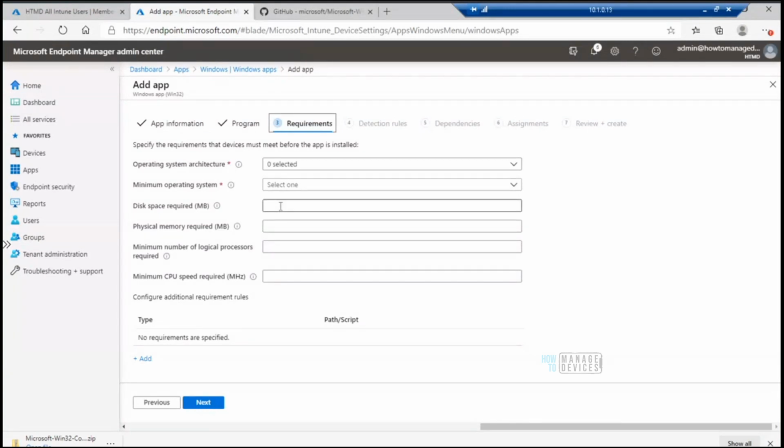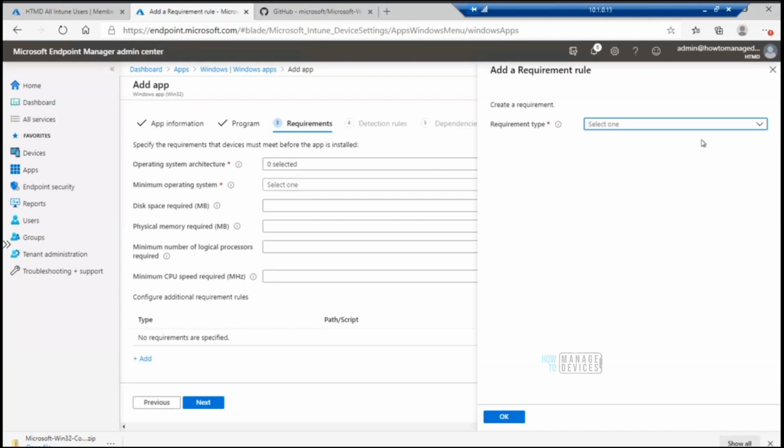Somebody asked some time back, is there any specific setting we can mention, like a minimum requirement for the client machine, like we need to have at least 50 MB of free space, or 100 MB, or 1 gigabyte of free space, right? So you can do that over here. Minimum logical processors required, those things, right? And you can specify scripts if you have any. Registry entries or files requirement is also possible, similar to the SCCM application model, as I mentioned, right?